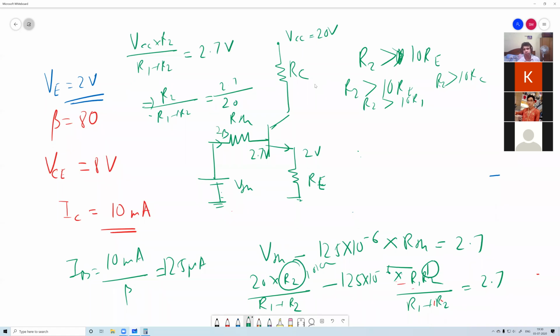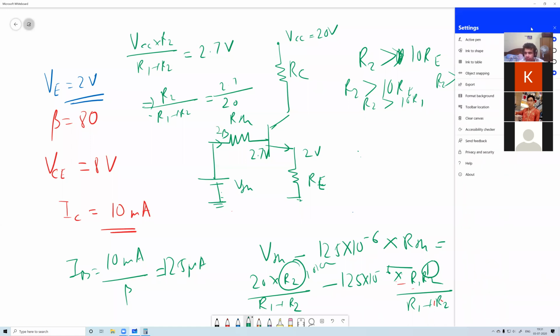There could be some questions regarding a voltage divider bias circuit. VC is given, V is given. So what is IC or IE? Those type of things. Questions which you can find very easily without much calculation, without much time. If you know the concept, you will be able to find it in 1 minute. If you don't know the concept, then you cannot find it in 1 hour. So that type of questions we will be asking.